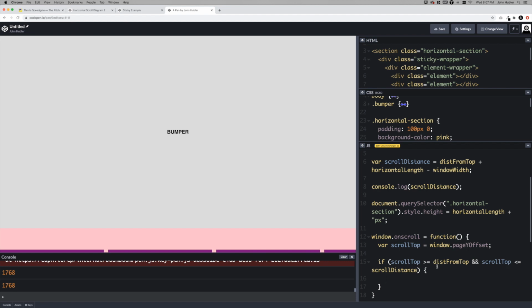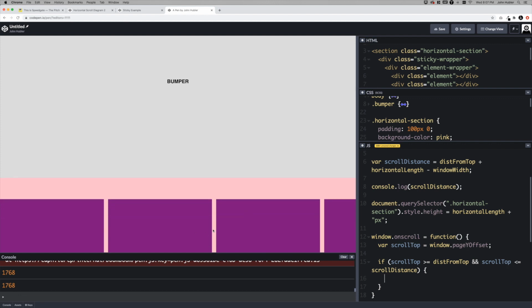Okay? So finally, what we put in here is going to be the final statement and the single statement that makes everything happen. And what we're going to be doing in here is adjusting the X position of this element wrapper. And so we do that with the following. Now, forewarning, this is a bit of a mouthful. I'll explain this all a bit more. But we're going to say